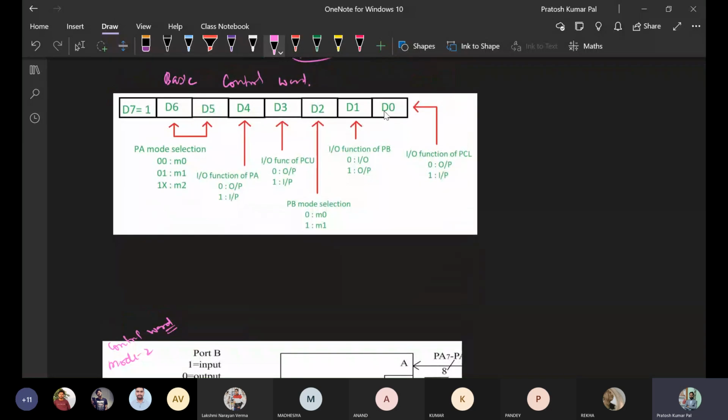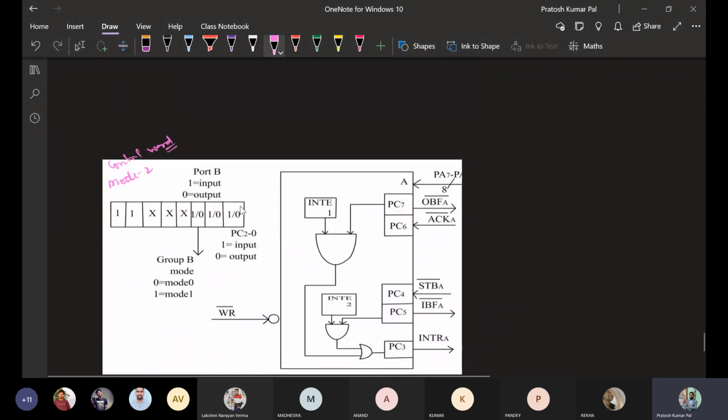Starting with D0, these bits indicate the PC lower functions. So the PC lower function, PC0 to PC2, will work in either input mode or output mode. This bit indicates the mode of B, so it will work in either input or output mode, and this is the mode of operation. So port B will work as mode 0 or mode 1.